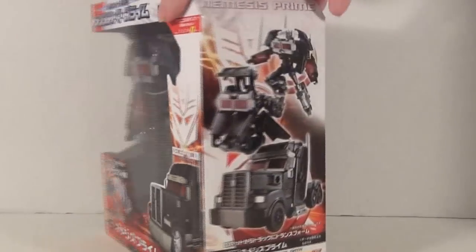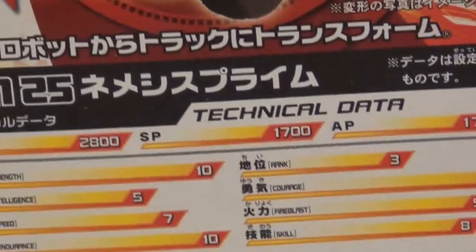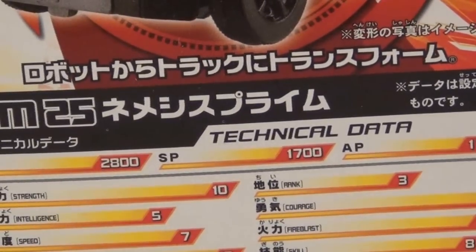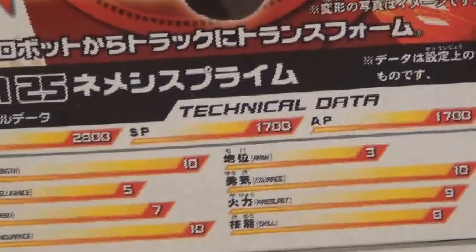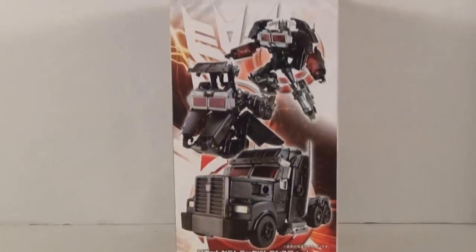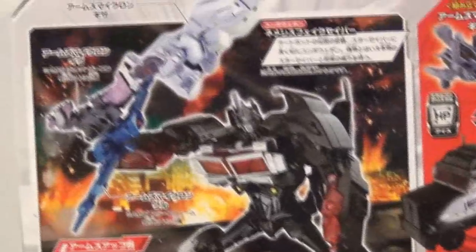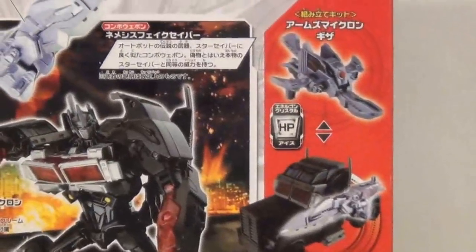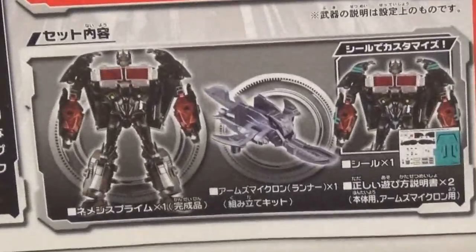But anyway, on the side, you got a picture of Nemesis transforming. You got his tech specs below, which is okay, yeah. That intelligence is lower than I like, and so is the rank, but otherwise it's pretty good. Here you got him actually wielding a few microns to make a new supercharged sword. You got his Micron on his vehicle mode, and an image of everything included,